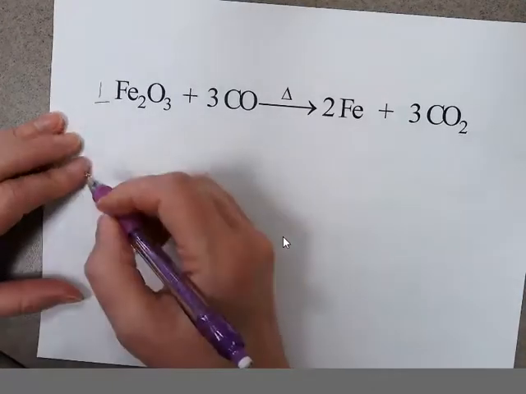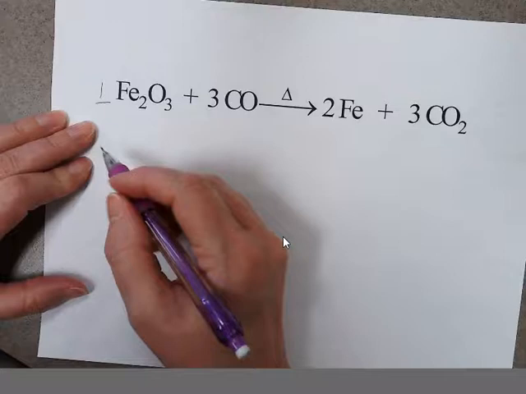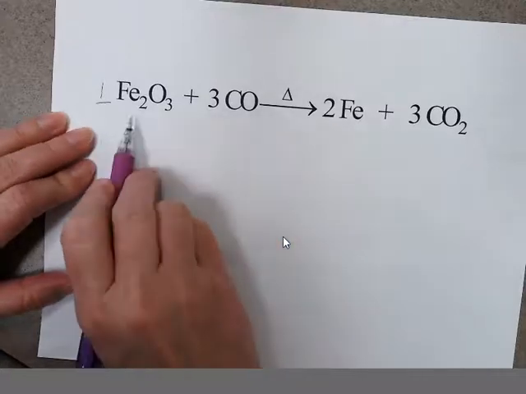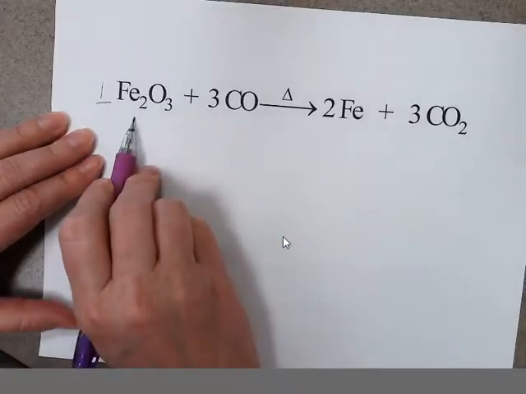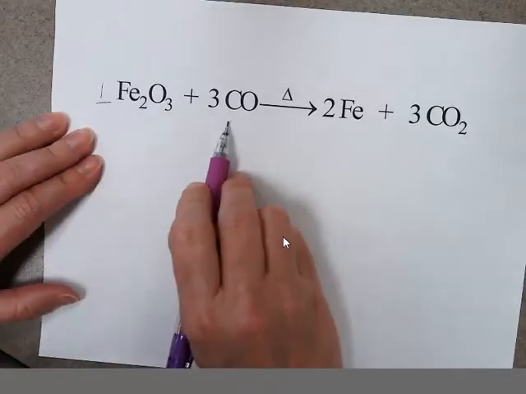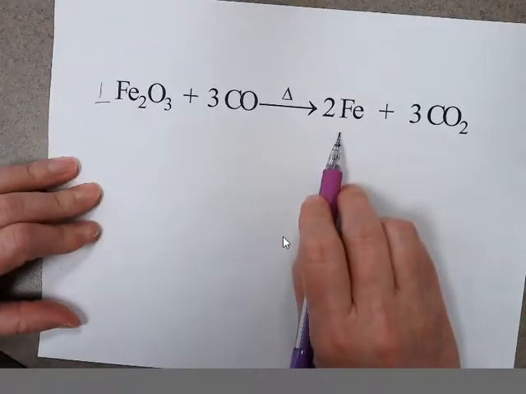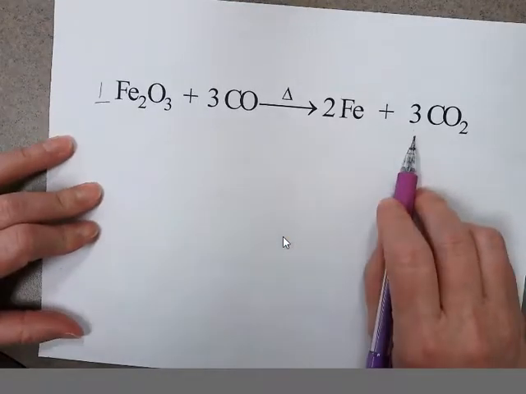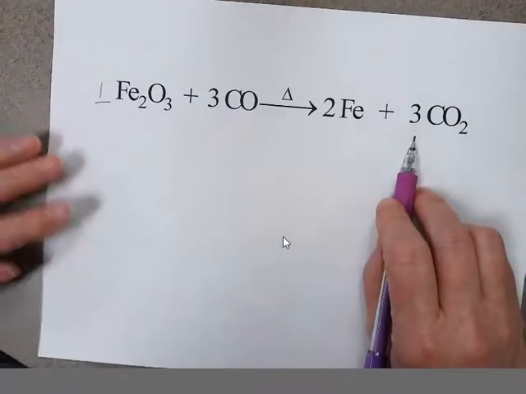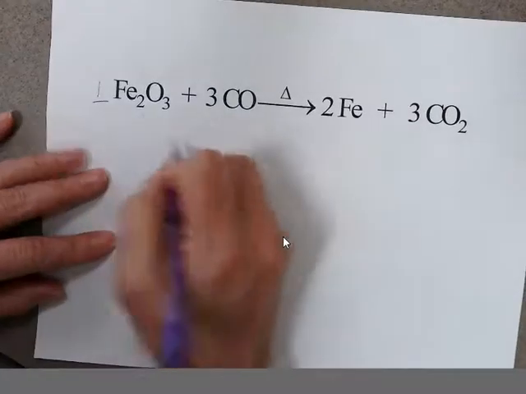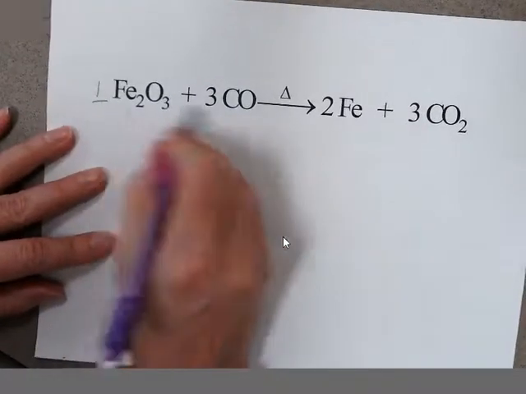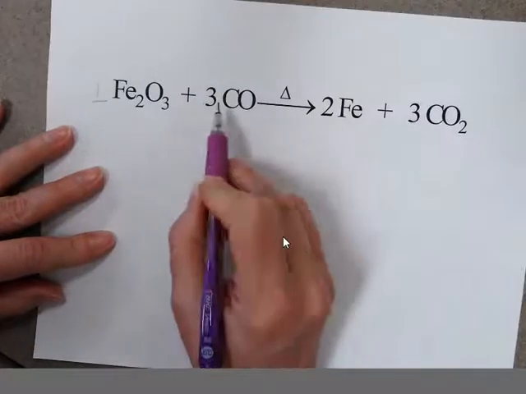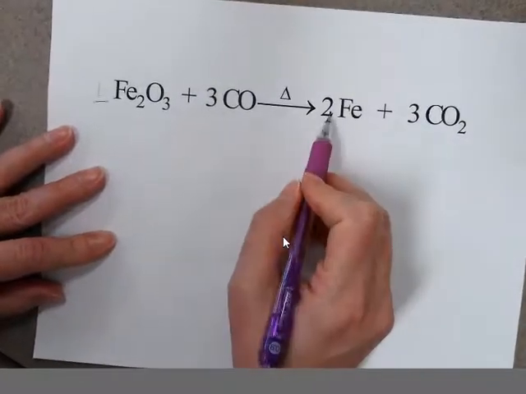These also refer to the total number of moles present. So I know there's 1 mole of iron 3 oxide. I know there are 3 moles of carbon monoxide, 2 moles of iron, and 3 moles of carbon dioxide. So we can use these to make ratios. This is 1 to 3, 1 to 2, and 1 to 3, 3 to 2, 3 to 3, and we